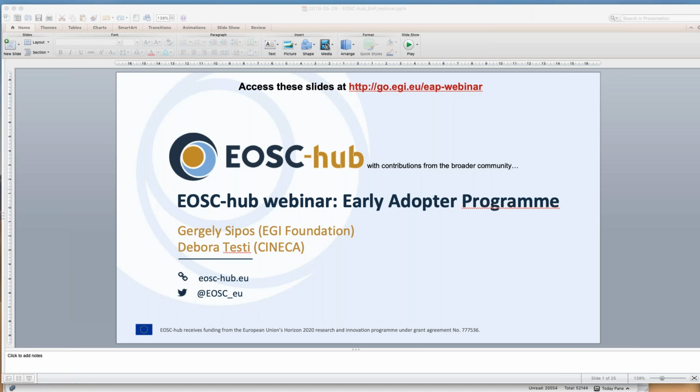So the only thing, just still for this last question about Austria, the only thing to avoid is to submit a request which is covering the same work or the same use case that is already financed in the EOSC-hub project. But if your use case isn't one of those that are already in the EOSC-hub project, just feel free. Even if you are a member of the consortium of EOSC-hub, you can submit further use cases from different disciplines or from the same discipline but different subgroups, and you are eligible for this early adopter program in that case.